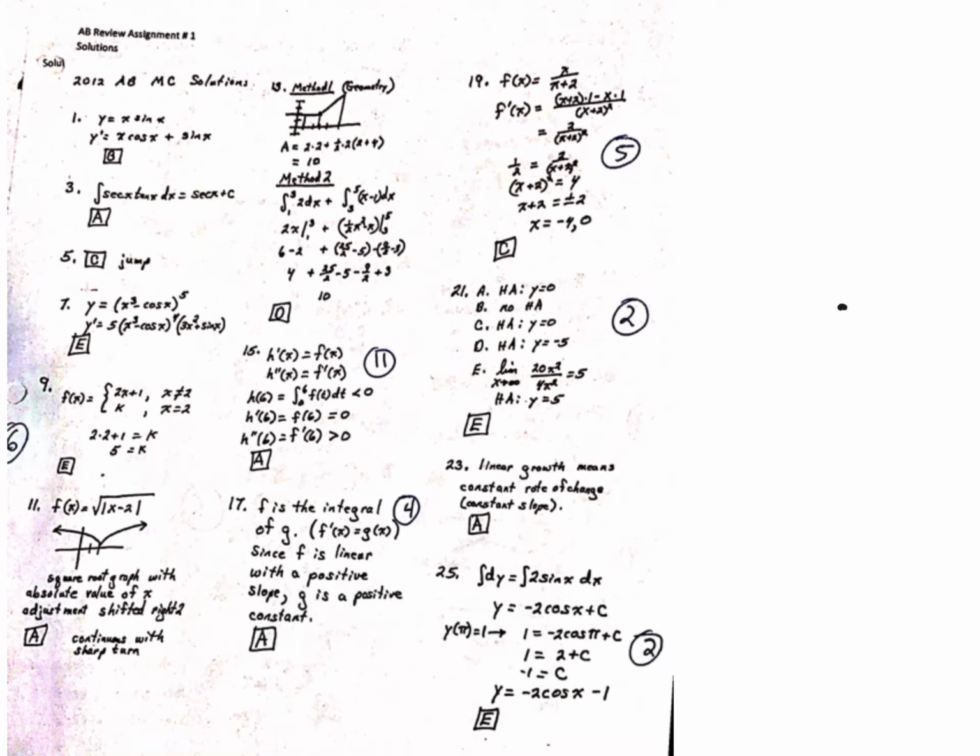And so first recognizing h prime is f and h double prime is f prime, and we would know that h of 6 is going to equal the integral from 0 to 6 of f of t,